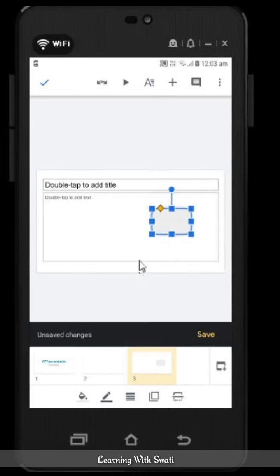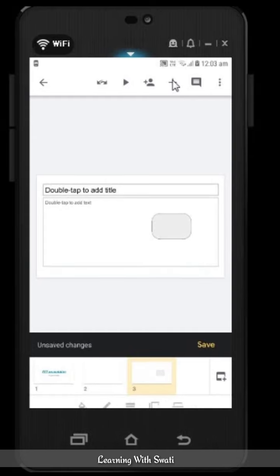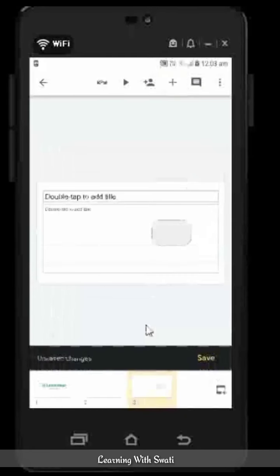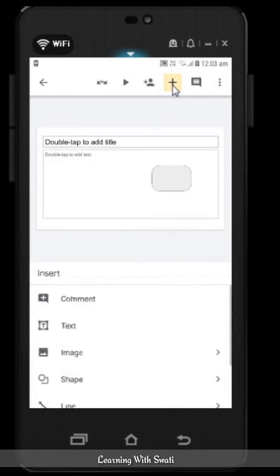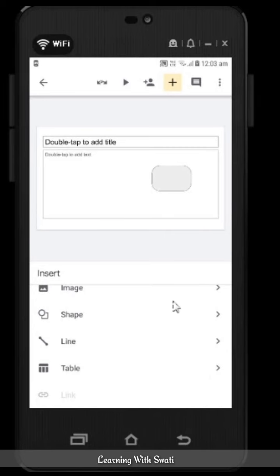Okay, so like this, by using the different options, we can make our PowerPoint slide. So you can add image, you can add text box, you can add shape or line, table as per your requirement.